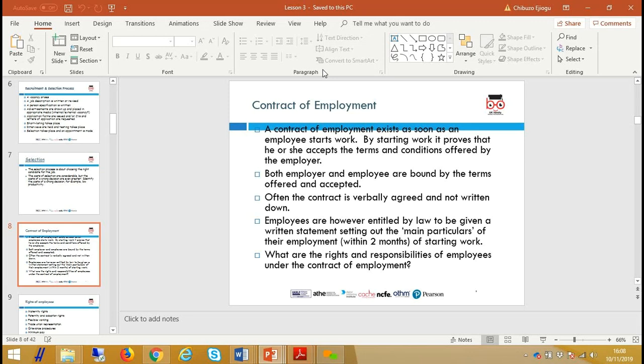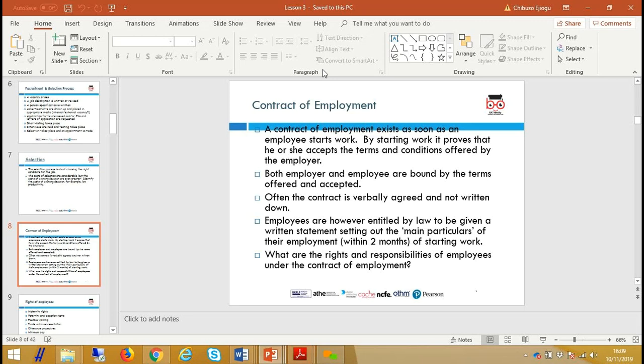Now, one thing to note about employment contract is it can be oral, right? So where you offer someone a job by word of mouth and the person accepts. So you have an offer, you have acceptance, you have consideration, that's the expectation of money, or money will be passed on in terms of salary. That fulfills all the requirements for legal contract. So you can sue based on an oral contract, and this is important especially for small businesses who tend to do things informally and would offer sometimes an oral contract and think they are not bound by it. They are bound by it.